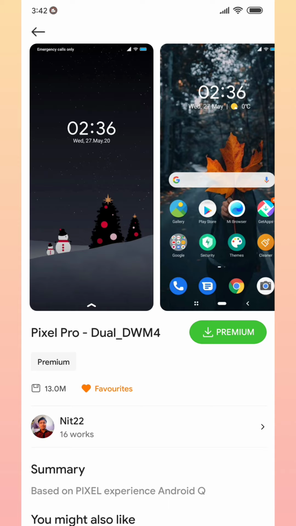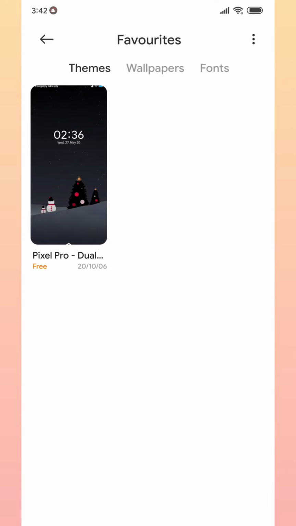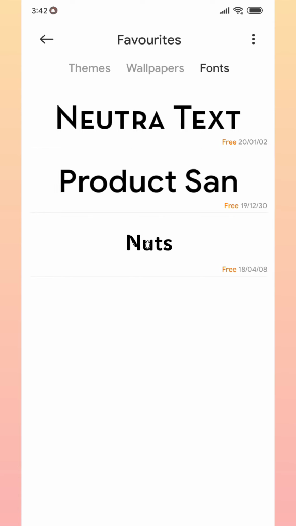If you go to favorites in your Chinese theme engine, this theme will not show. But currently I am running the global theme engine, so it's showing in my favorites section, and it also shows my favorite fonts. But if I go to favorites in the Chinese theme engine, these themes or fonts won't show.